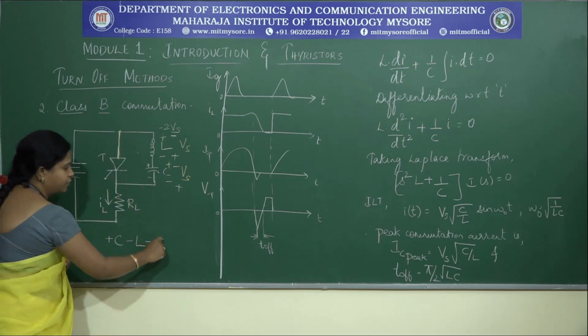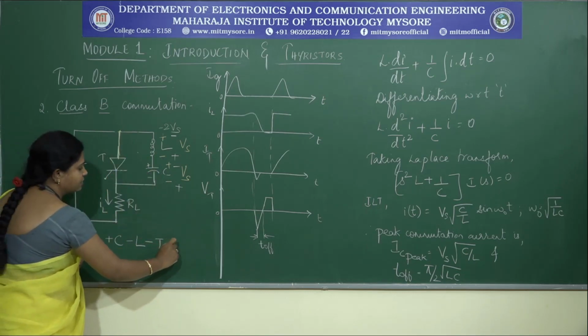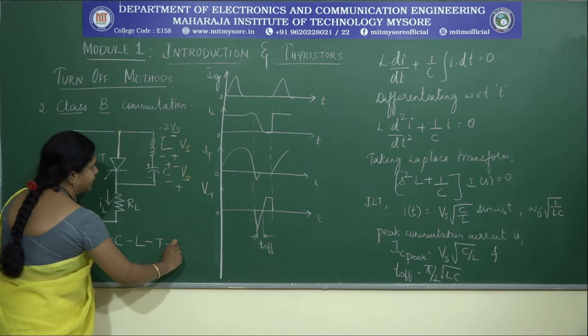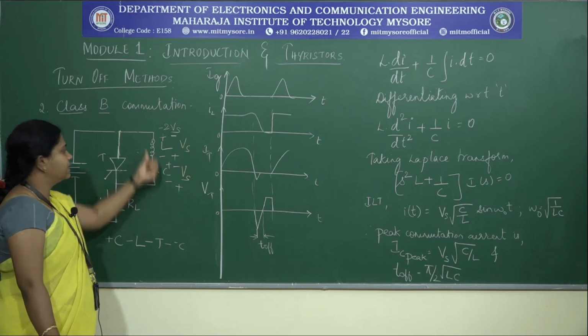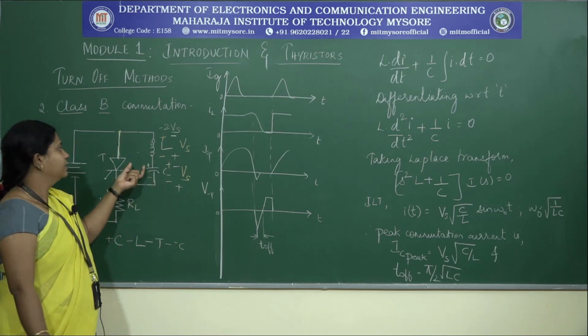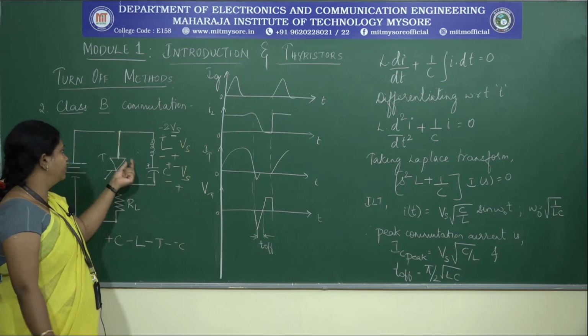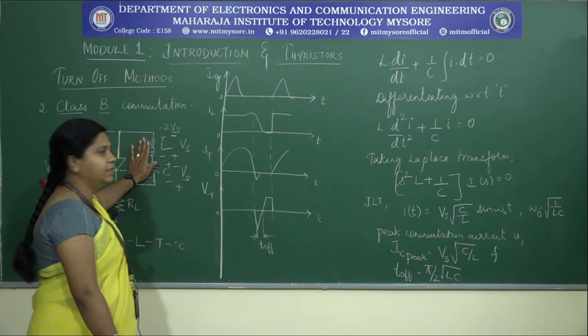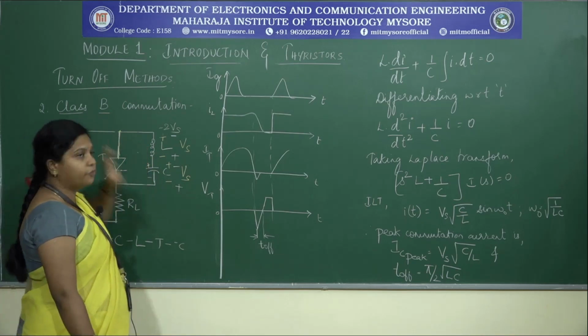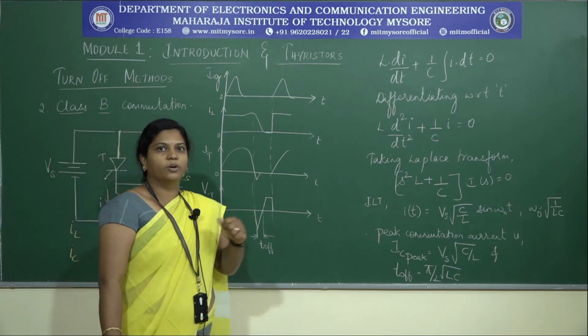From the inductor it moves to the thyristor and comes back to the negative, or the lower plate, of the capacitor. So this is the commutating path that is followed, that is going to put the thyristor in the off state. So this is how, by using the components L and C, we forcefully turn